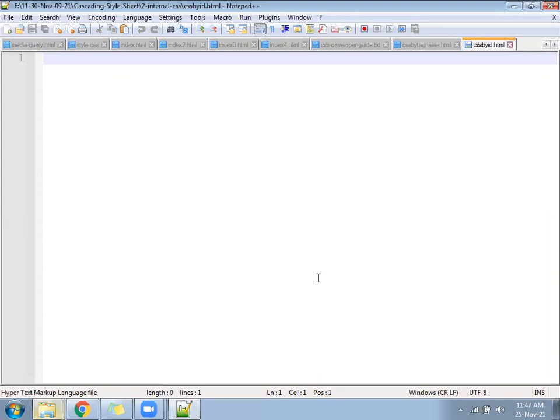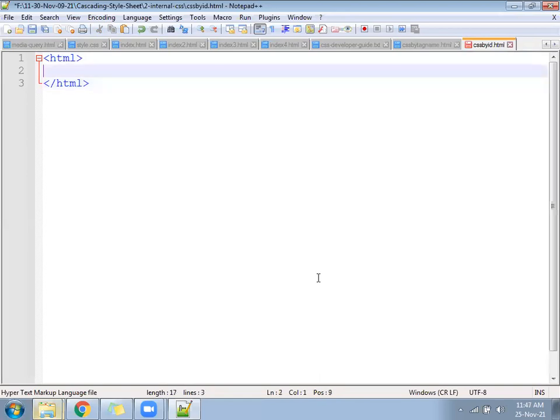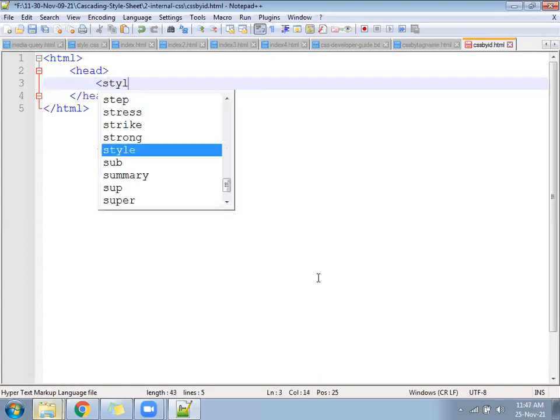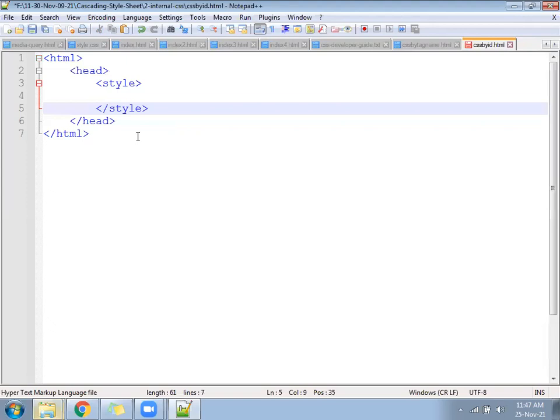So how to create the id is like this. html open close, head open close, style open close, then after head, body tag open close.